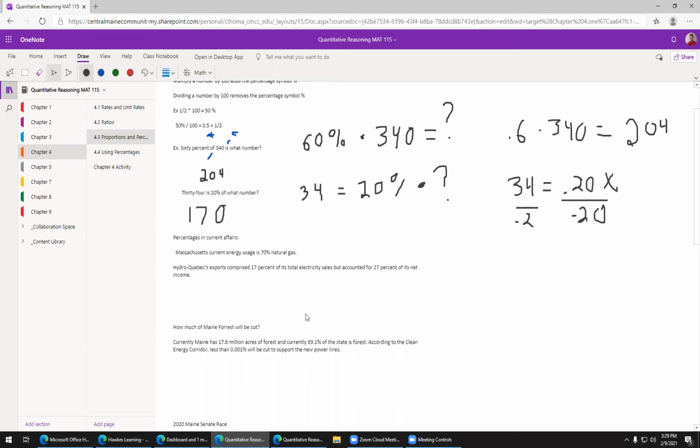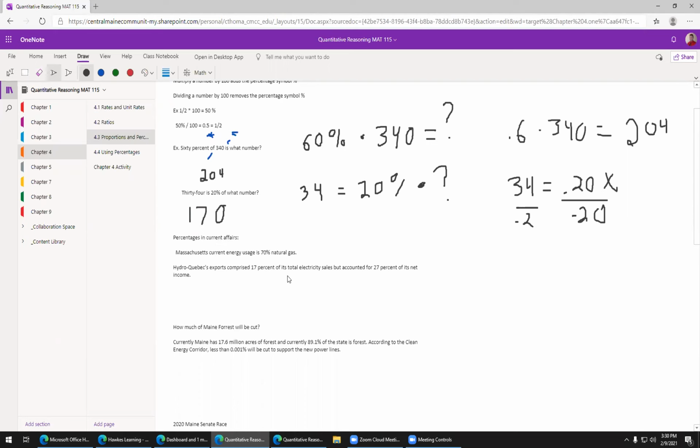So I went and actually collected some data to see where the truth lies, because you can't trust the commercials because they're trying to get you to buy something or buy into something. But if you go collect data and you understand how to do calculations, what we're learning in this class, you can figure out where the truth really lies. So Massachusetts currently gets 70% of its energy from natural gas. So Massachusetts wants to get off natural gas. Hydro-Quebec is going to supply the hydropower to Massachusetts through the CMP corridor,